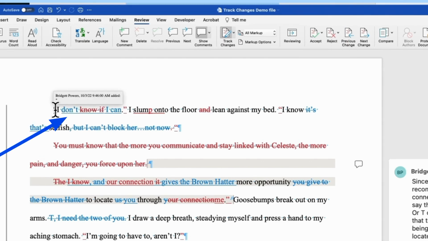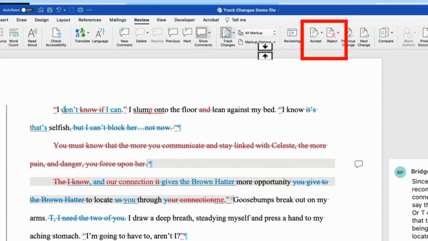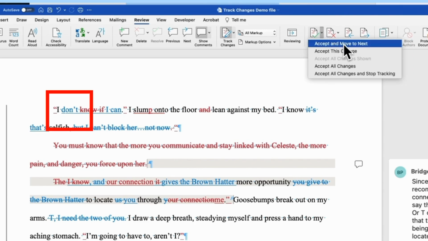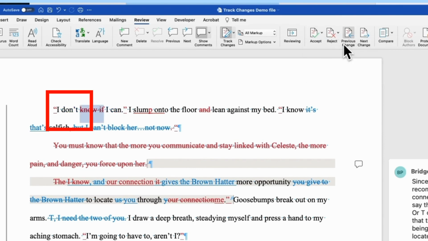Another way to do this is to highlight or click on the change, and then go up to our ribbon, and we see the accept and reject change buttons. Each of these has a drop-down menu. Under accept, the same choices are available for rejecting changes as well. We can accept and move to next. The change that we have highlighted will be accepted, and then it highlights the next change, so we can choose